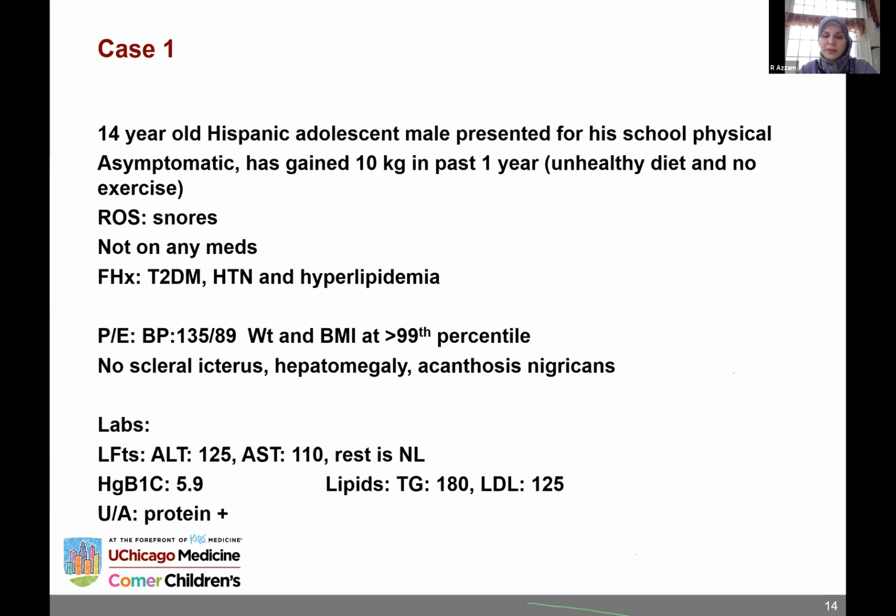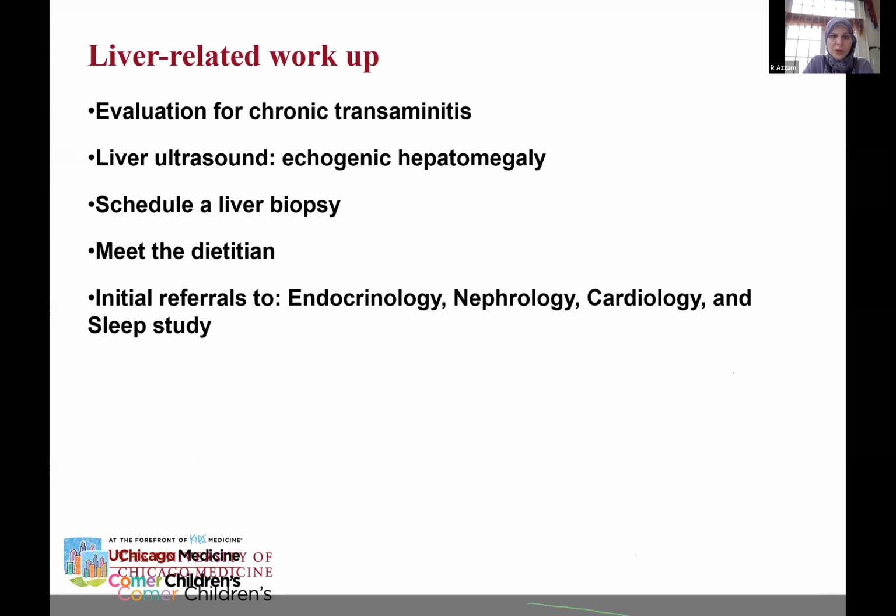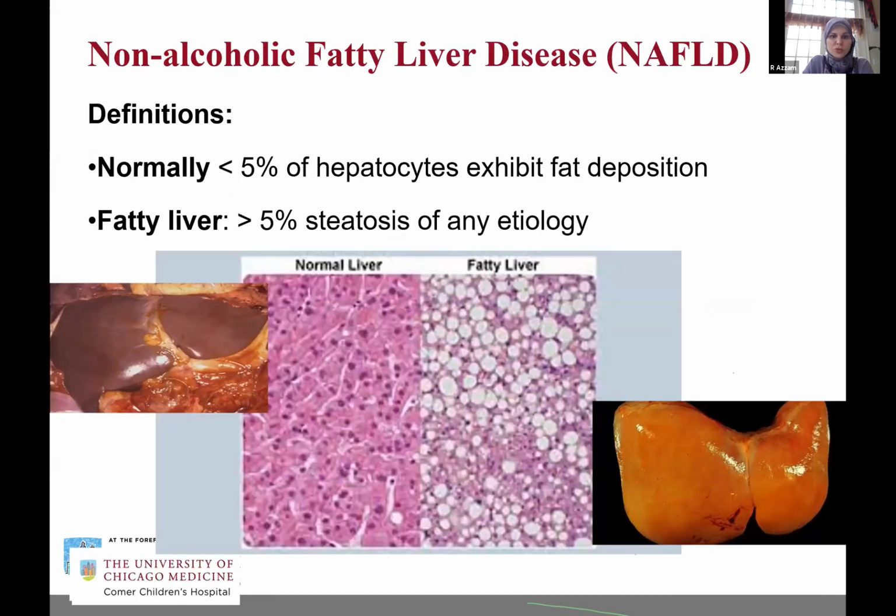We in the States and the Western countries in general have the most common etiology of abnormal transaminases due to non-alcoholic fatty liver disease. So that is the commonest liver disease in children and in adults. In the United States, it accounts for being the second most common indication for liver transplantation in adults. And it's actually expected to become the first indication for adult liver transplantation in the next decade if people stop drinking or drink less. So I'm going to skip this and go to